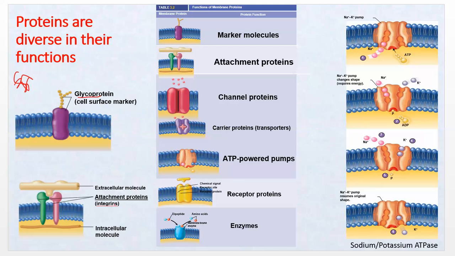Here are some attachment proteins, integrins and cadherins, but these are showing integrins, which are just attaching this cell to something in the outside, in the extracellular space, and so it's kind of anchoring it, and it's keeping it there, and it might be joined on the inside to part of the cytoskeleton, on the outside to this, and that's a cell that's not going to go anywhere. It's stuck in that certain place. So attachment proteins, channels, we have pumps, okay,